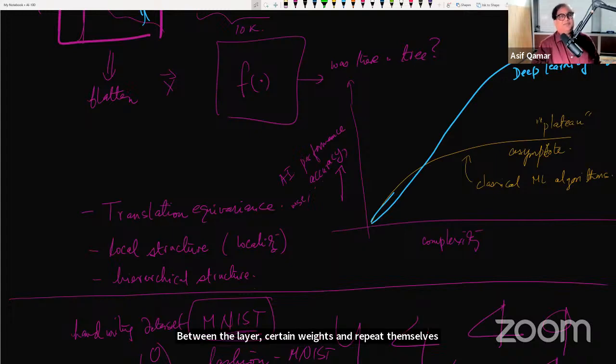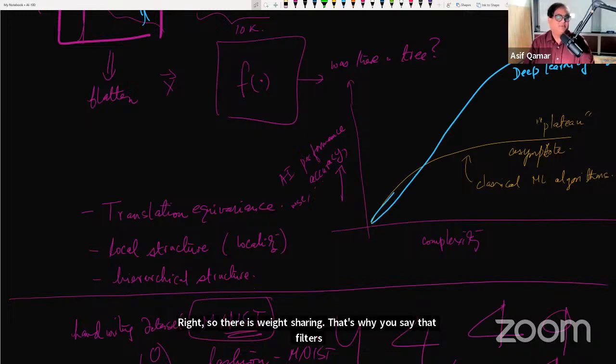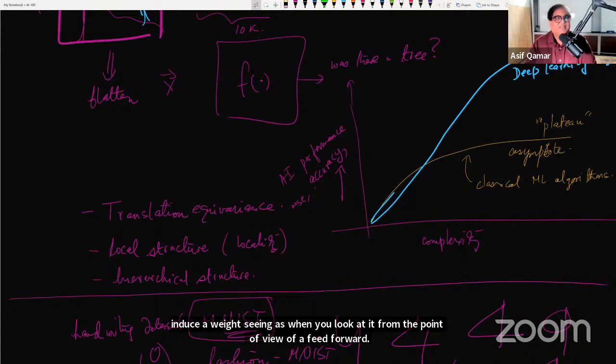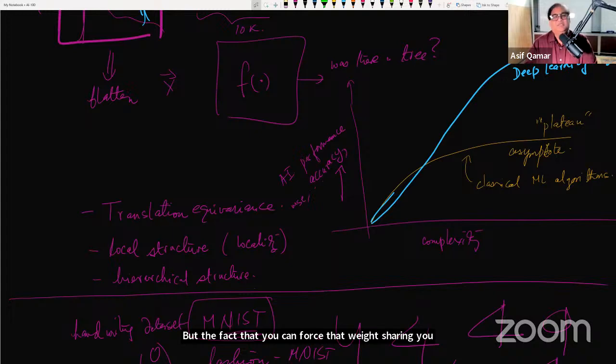That's why you say that filters induce a weight sharing when you look at it from the point of view of a feed-forward network. But a generalized neural network would not do weight sharing. It would say every weight is independent. When you pin it down like that, when you give filter weights, it begs the question, why are you doing it? And the answer to that is,